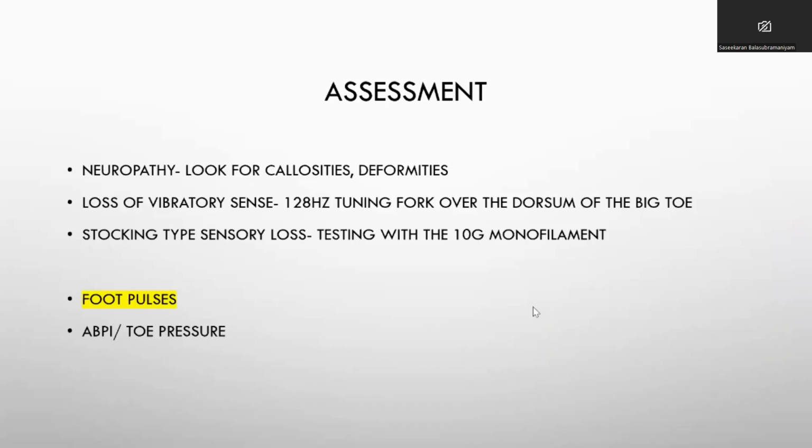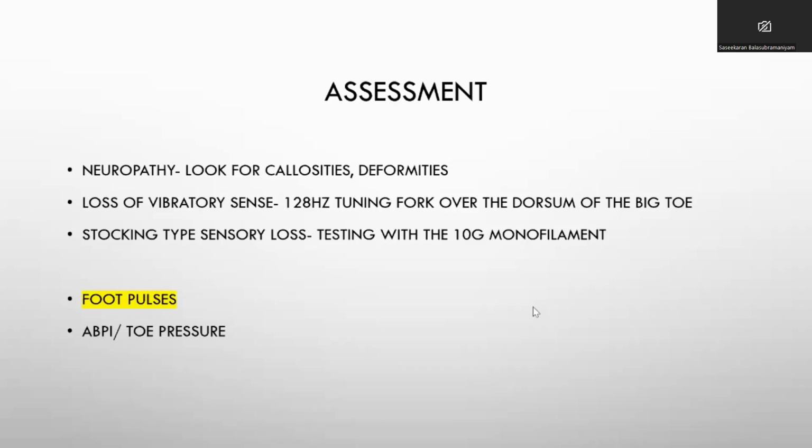But generally, it is always better to check for neuropathy. Usually, they have callosities, which should alarm us. Yes, some neuropathy. And on top of that, they can have deformities because of non-functioning small muscles. And you can check the vibration sense, and their neuropathy is glove and stocking. You can check with 10-gram monofilaments. I think these are all for the exams, not for clinical management, but at least we should diagnose that this patient has a neuropathy.